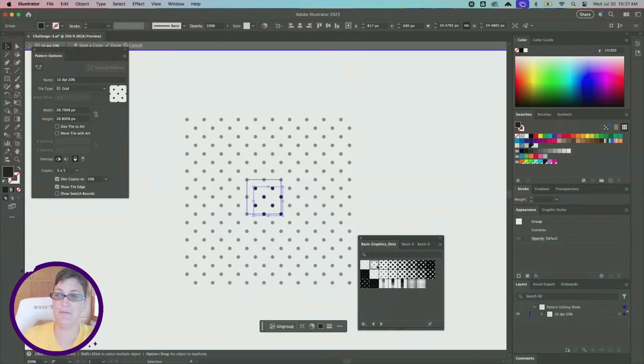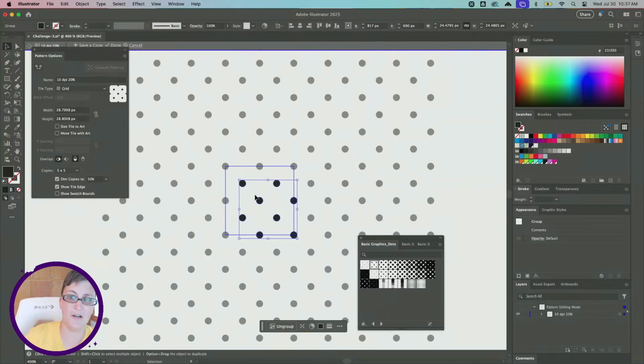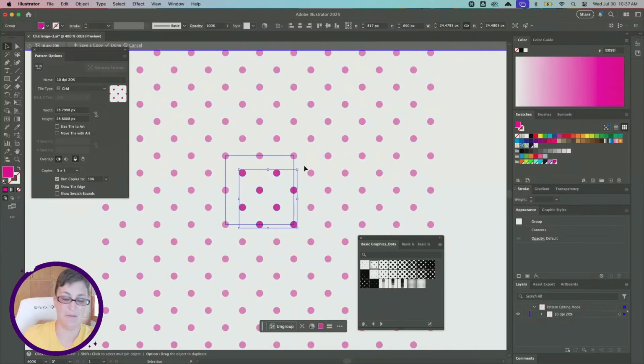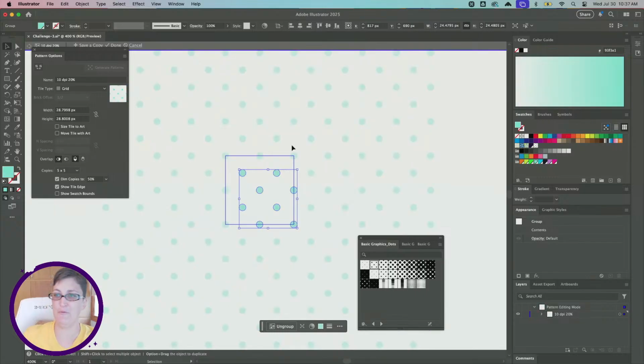So what I'm going to do is make sure that I select all of the artwork. If you zoom in, you can see the artwork that's actually repeating is in full opacity, and all of the copies are dimmed to 50% currently. So I want to make sure that I'm selecting all of that, and then we can pick one of our colors. We can go with a lighter color, like a lighter blue, or maybe this pink. It's maybe easier for you to see what's going on here if I choose the pink. But we're going to pick a lighter color. And then once we're happy with the color we picked,